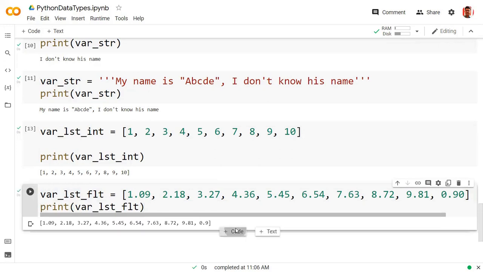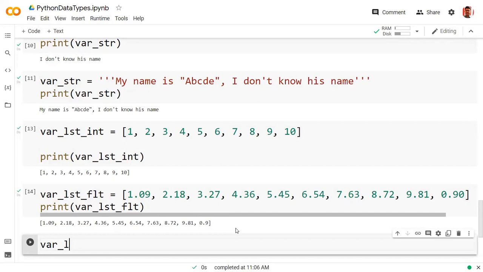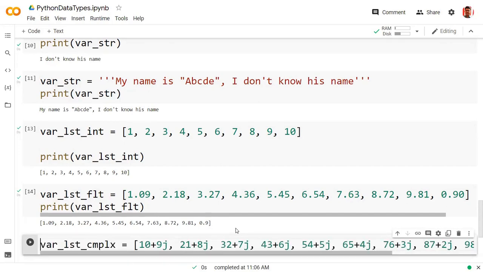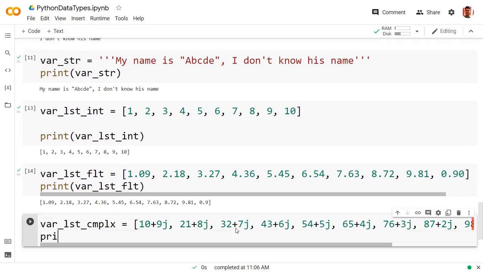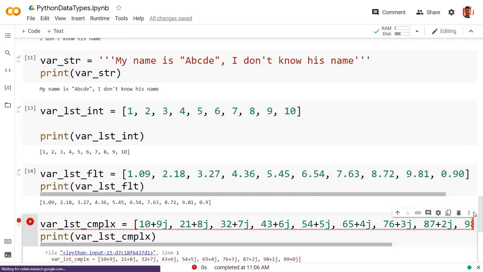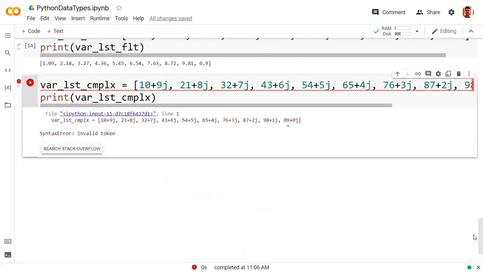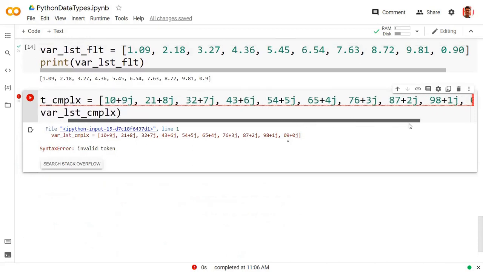Now next, I'm trying to create a list of complex numbers. So a combination of a variety of complex numbers, and now we are printing it. So this one is my output where I am getting complex values. One minute, there is some mistake in.